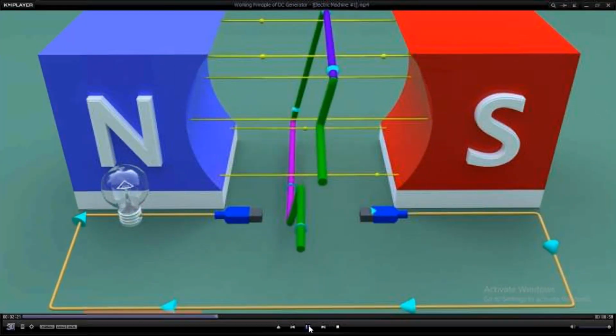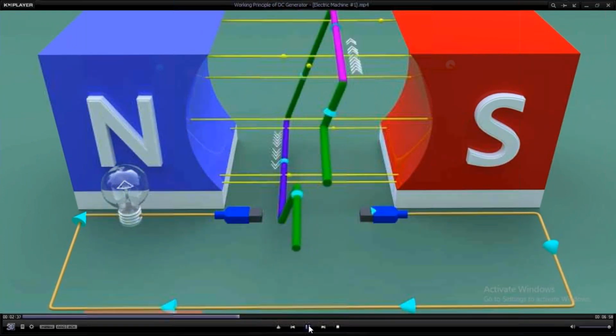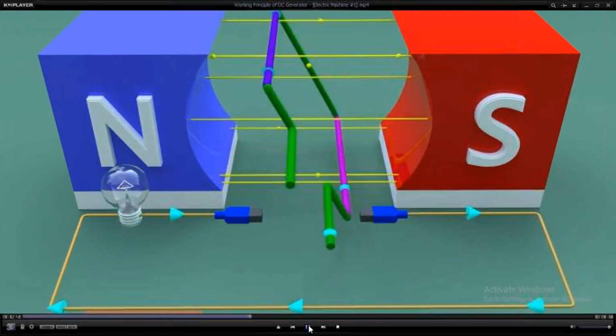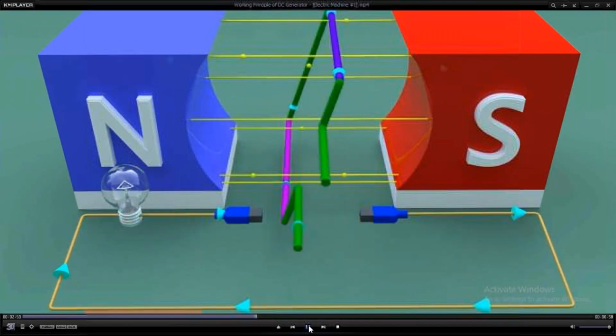But when the coil rotates, you can see that when the coil comes to this position, the direction of the current changes. If we want to keep the current in the same direction, we must have this brush in contact with this wire, right? And then again, when the coil comes to this position, again the direction of the current changes, and again we want this brush to come in contact with this wire. Probably we already learned that for every half rotation we must change contacts between brushes and wires. But how do we make this process happen automatically?